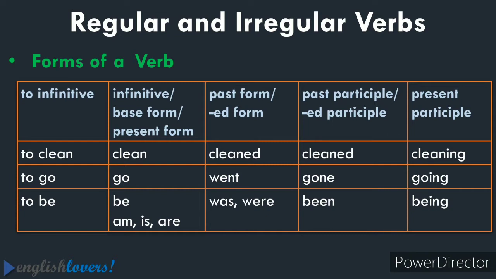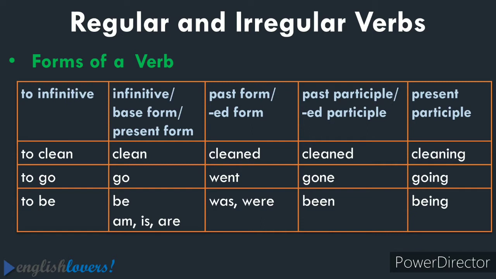See, here are some examples. Verb clean. The to infinitive form is to clean. Infinitive or base form or present form is clean. Past form is cleaned. Past participle is also cleaned, and the present participle, many times also known as the ing form, is cleaning. In the same way, take the verb go. To infinitive is to go, base form is go, past form is went, past participle is gone, and